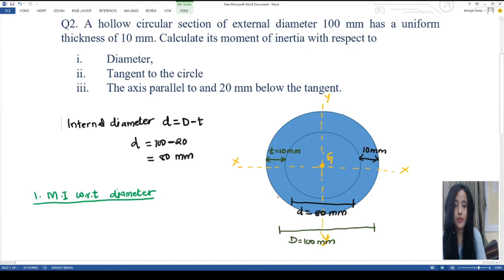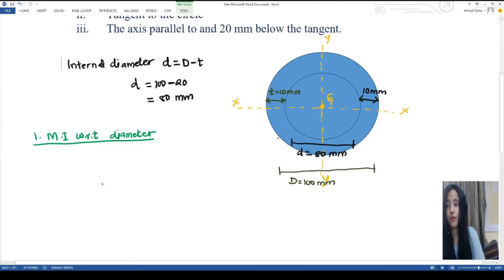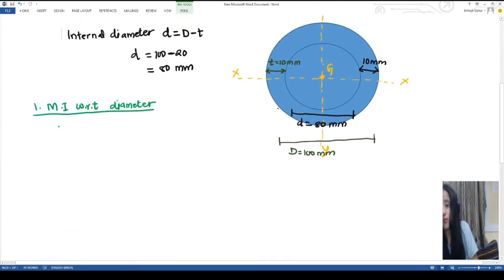As you can see, with respect to its diameter will be the planes running in two directions, the x direction and the y direction. So for this condition we need to find the moment of inertia about the Ixx axis and the moment of inertia about the Iyy axis, which will be equal to